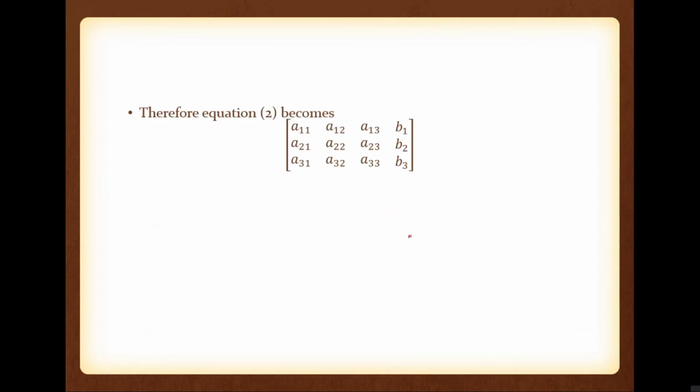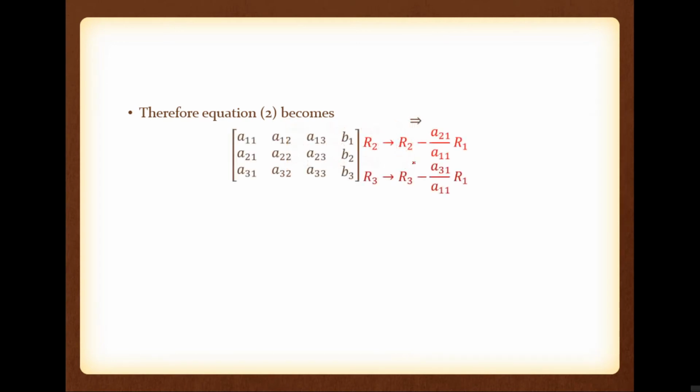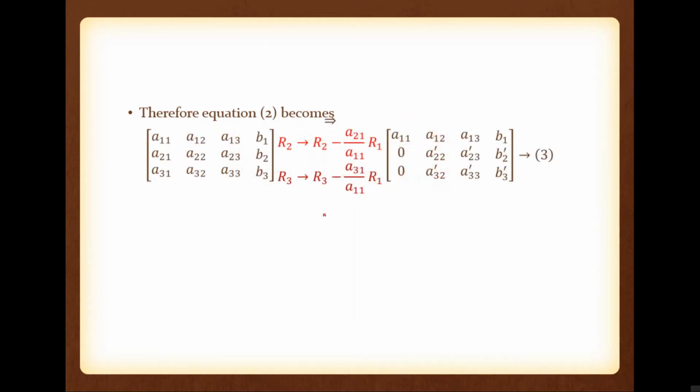So this is an augmented matrix. This one is the row operation that we are going to apply. This one is the first row operation, and this one is the second row operation. These two row operations are required to remove A21 and A31. That is, to do the first elimination, we need these two row operations. After these row operations, the first row of the augmented matrix is not modified because we are not doing any row operation on the first row. The second row is modified, and the third row is also modified. So after the first elimination, this one is the augmented matrix.